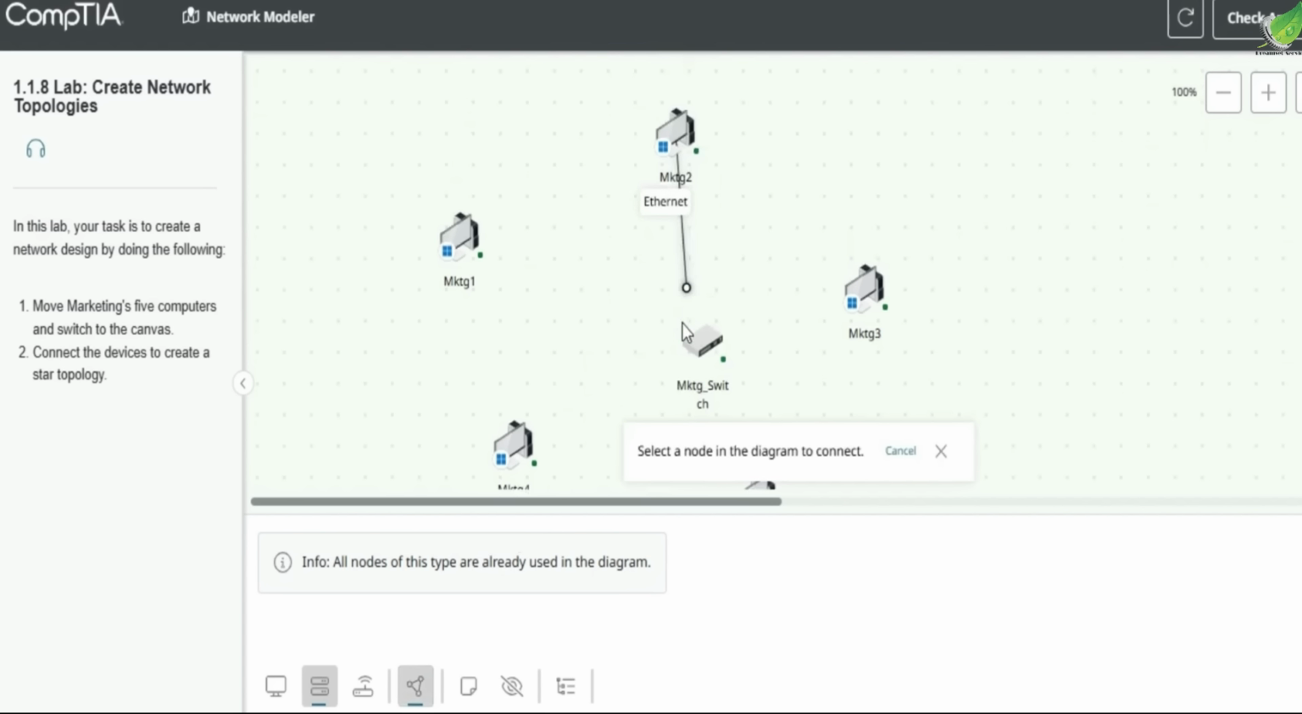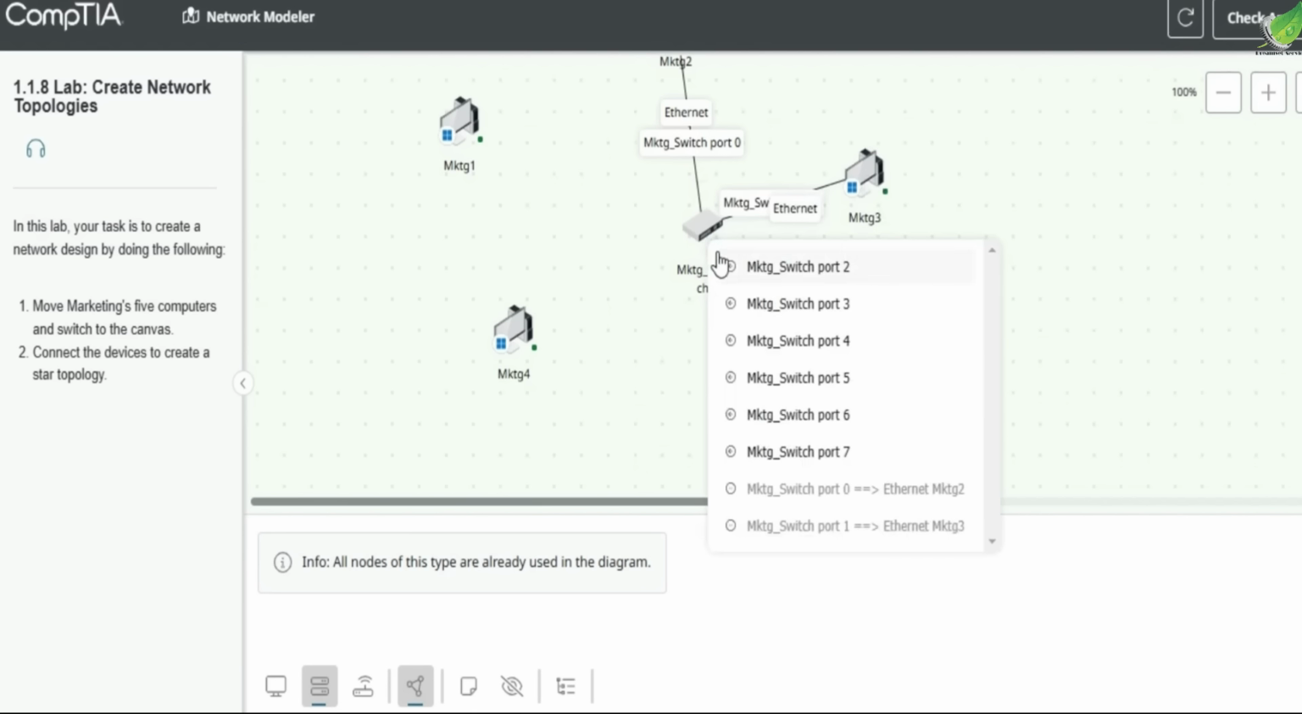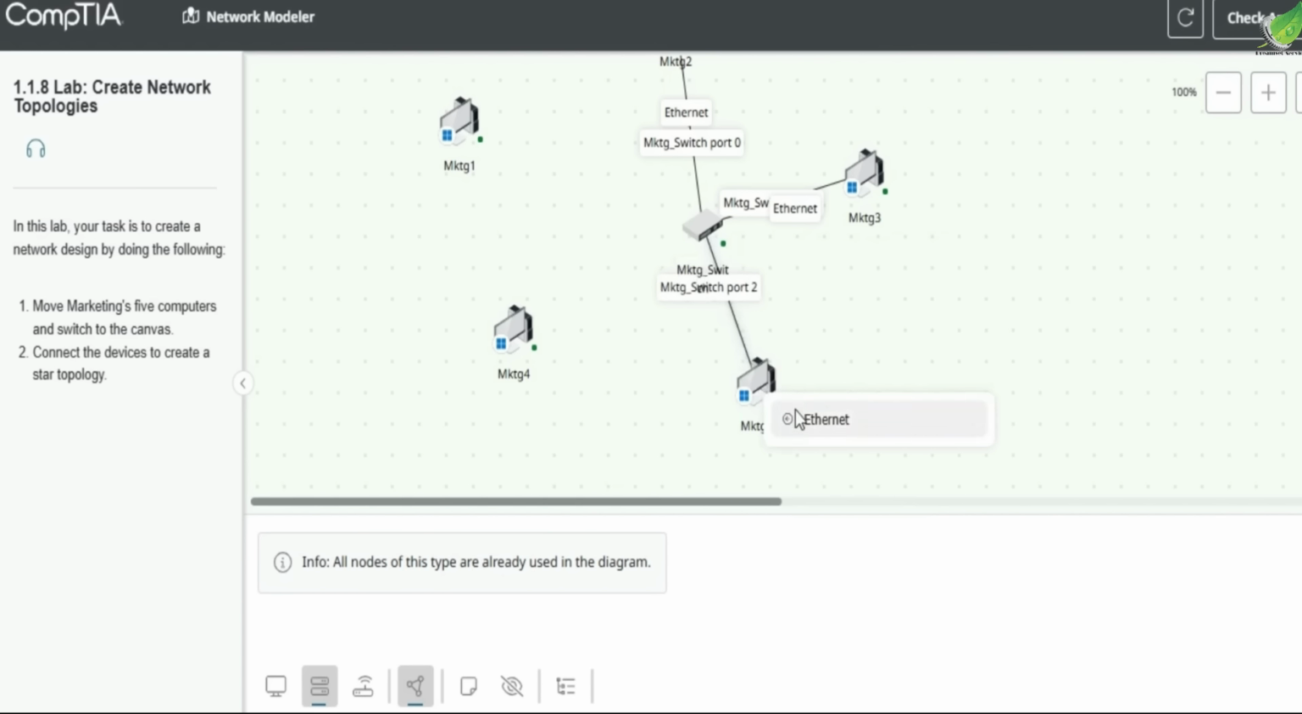So connect Ethernet to the switch. We connect this also to the switch, and okay, and we connect this to the switch. We connect this to the switch, and we connect this to port 4, so marketing 1, and